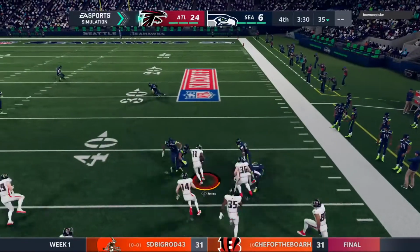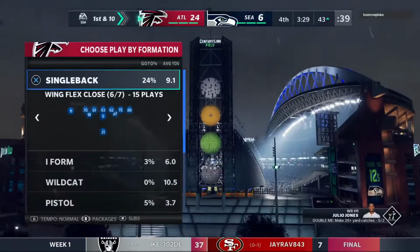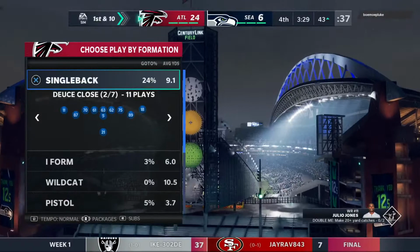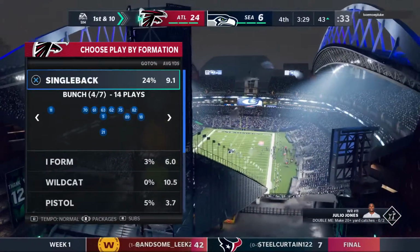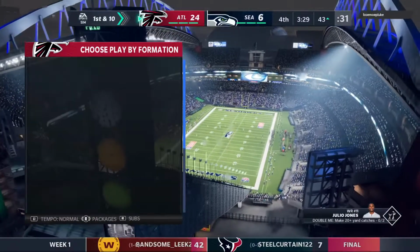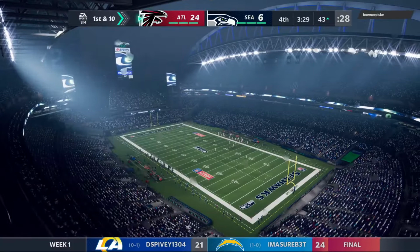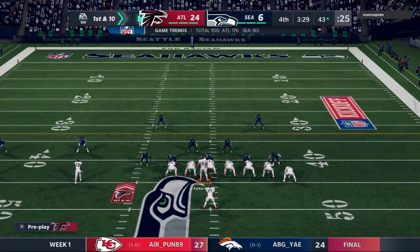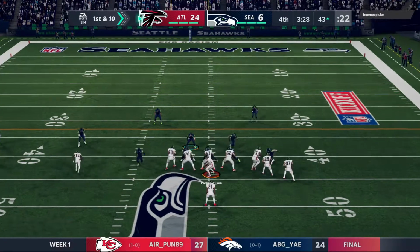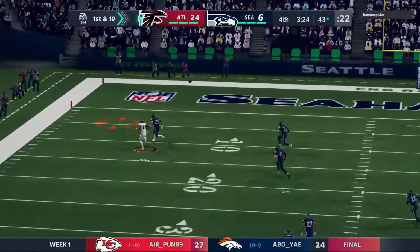And a good job here by the Falcons, their hands team, able to recover it. Fourth quarter, they felt like they needed the football back. Unfortunately, they couldn't get it. And I know we've brought analytics into the game, and someone has said here that the data says that when a team's expecting an onside kick, 80% of the time, the team expecting it, they do actually recover the ball, which is what we saw here. I just wonder if that number is much more of an anecdotal type of number. Kind of like when the coaches tell us, well, when you score on special teams, 93% of the time you